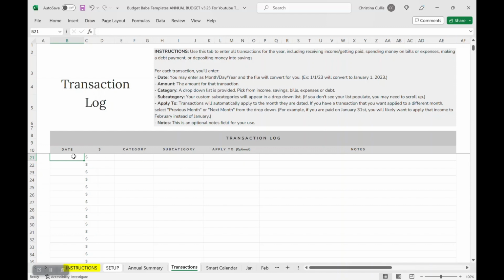So here I'm going to say that on January 1st, I received my first paycheck for $2,500. I'm going to select my income subcategory. I'm going to select my paycheck subcategory. And then I'm just going to say that this is my first paycheck of the month. Next, I'm going to say on the first, I also contributed towards my emergency fund. $500, that was a savings